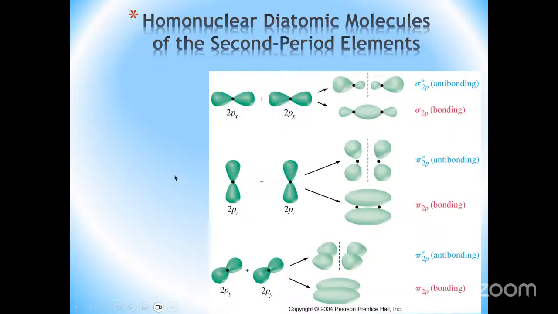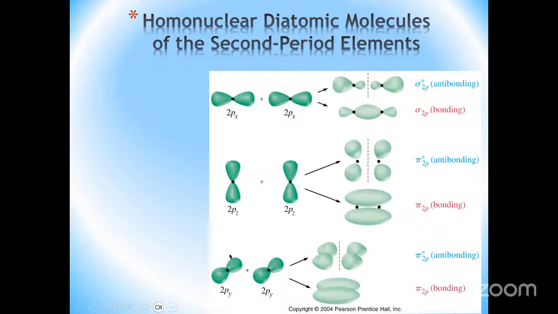Now, when they come together, the 2p orbitals from different atoms will overlap like this to form what we call the sigma 2p bonding orbital and the sigma star 2p, which would be the anti-bonding orbital. So this is an end-to-end overlap between these 2p orbitals, resulting in this arrangement, all right,